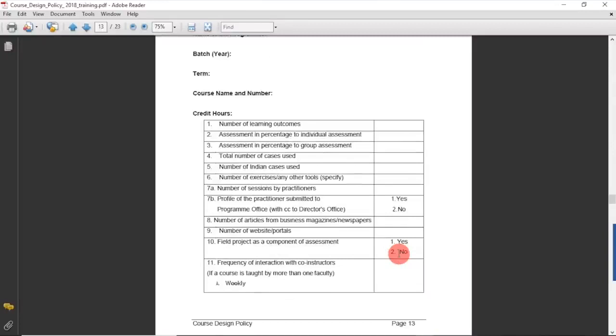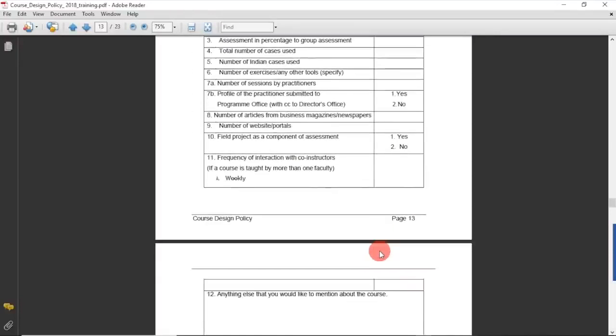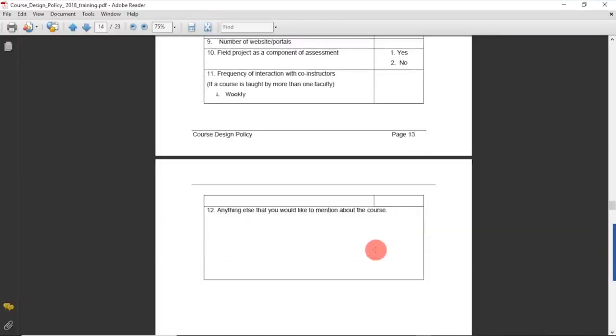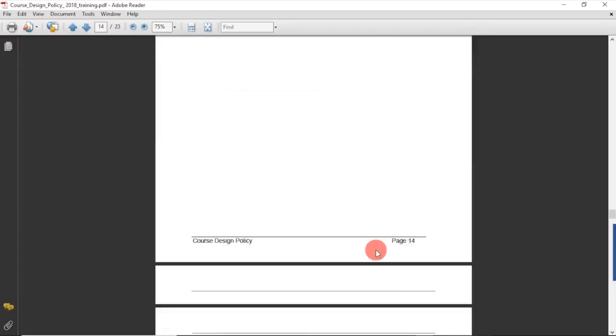office, or you must keep it to yourself to understand what exactly you have been able to do in your course. Now, why are these types of formats important? These are very important as far as NBA accreditation is concerned, because the experts would like to come and see how you are trying to deliver the courses, and whether there is evidence of what you are talking of as far as learning outcomes are concerned.